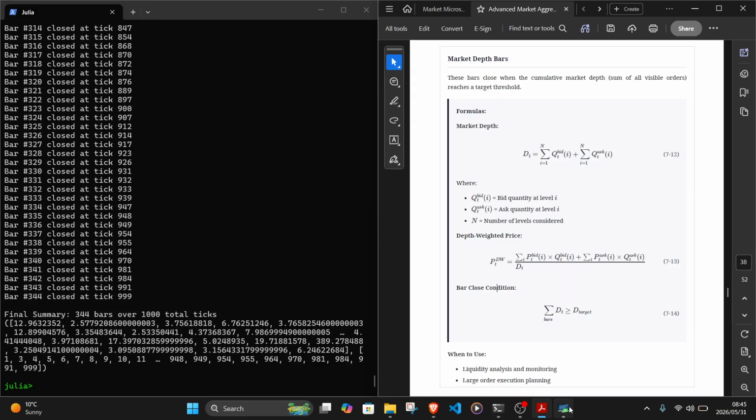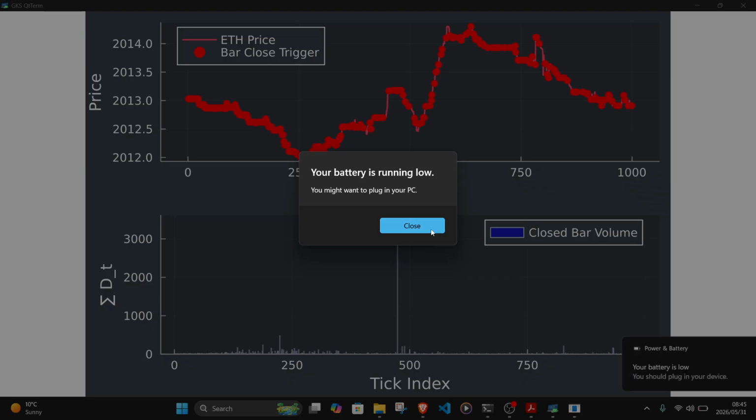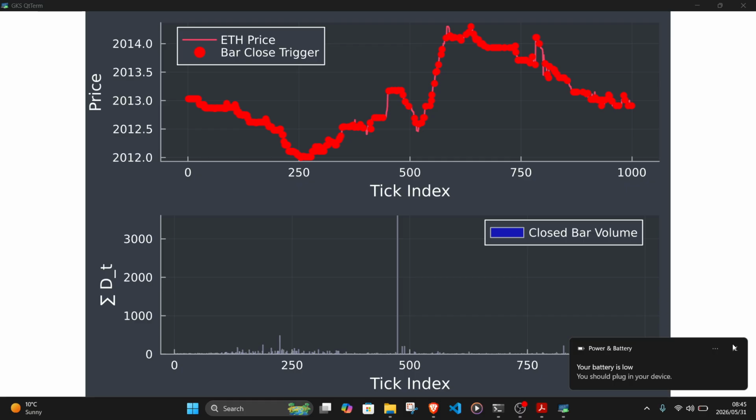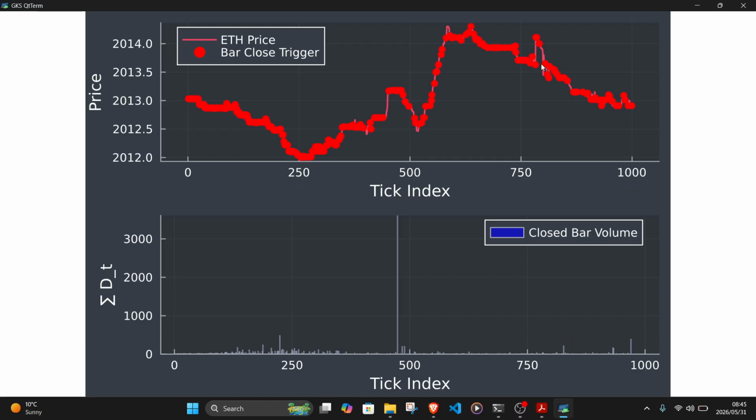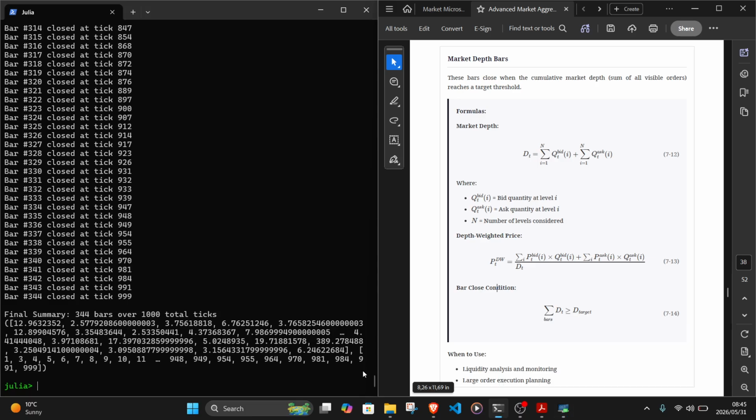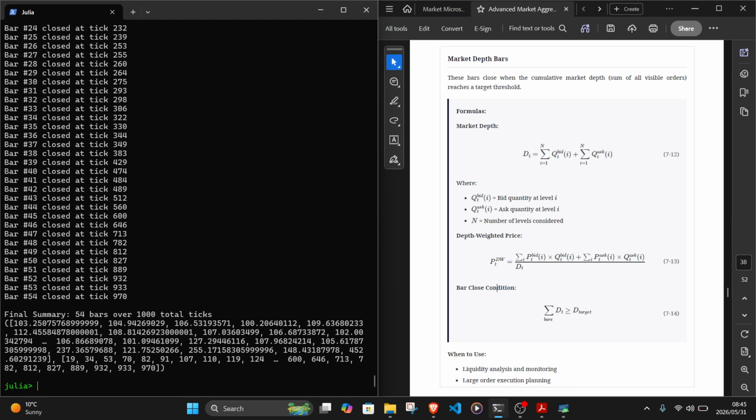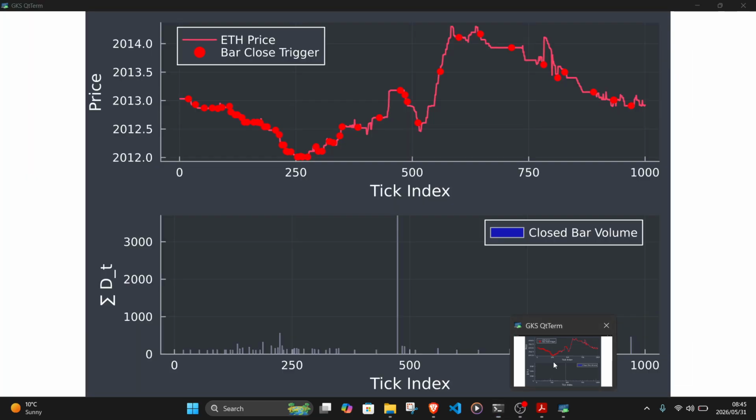If you look at the geometry, as you can see, we have much less distribution. Now, I want to push this up until I can get just one bar. 54 bars over 1,000 total processed ticks. Let's go look at that. Interesting, very interesting. Especially this long one, this one in between, I think it was at around maybe the 480. Let me go look, because this specific one has a huge